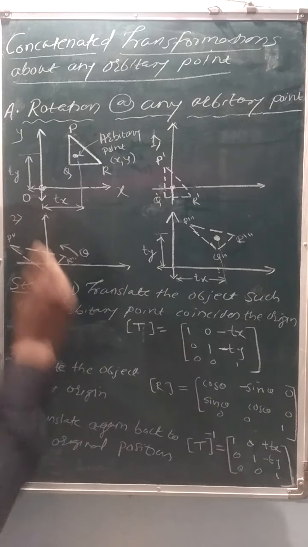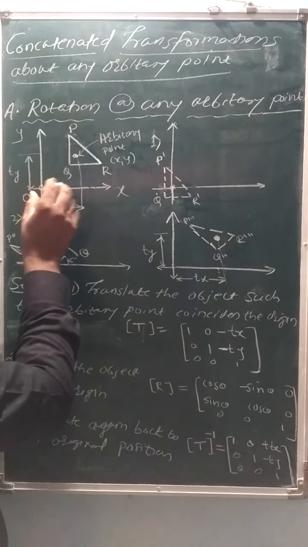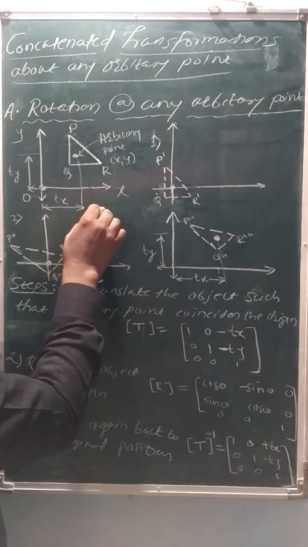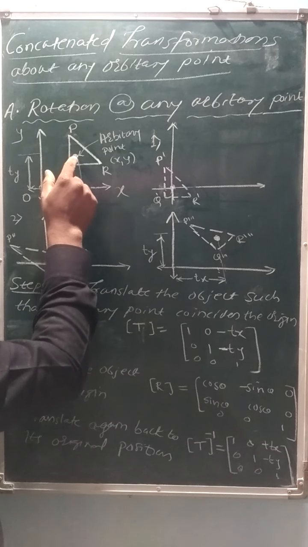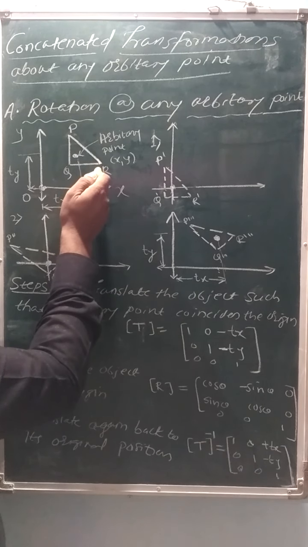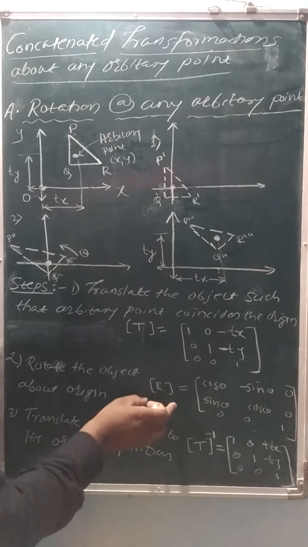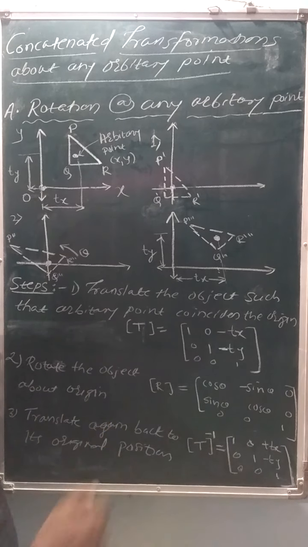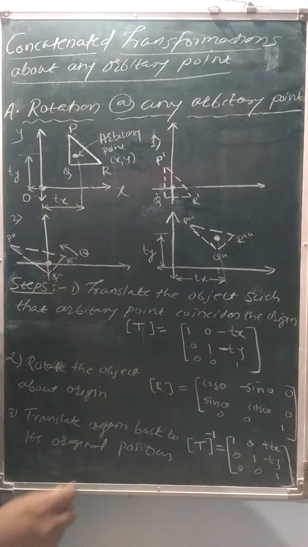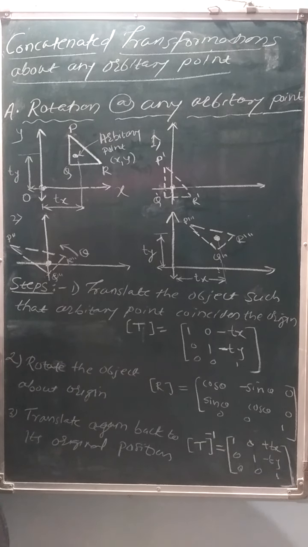See here. We have seen the rotation of that particular entity about origin, means we have rotated this entity about origin. In this case, we are going to rotate this entity about any arbitrary point other than the origin. While rotating this entity about origin before, we have taken a single rotation matrix as this particular matrix. Here we are rotating the entity about an arbitrary point other than origin. This can be achieved in 3 basic steps.